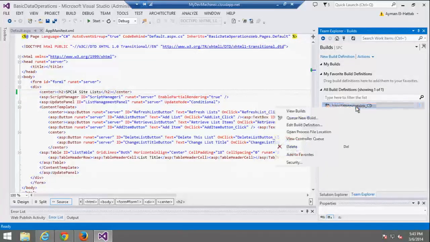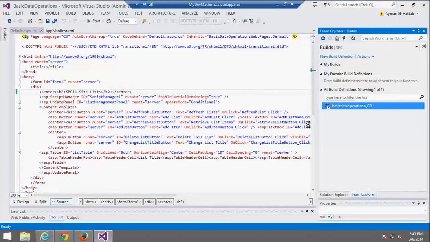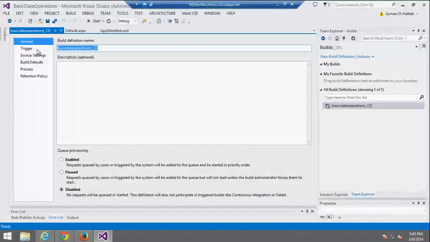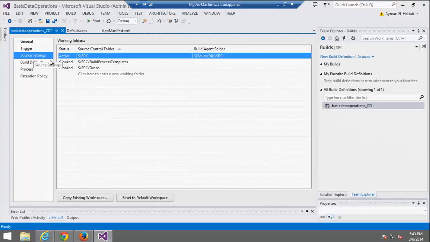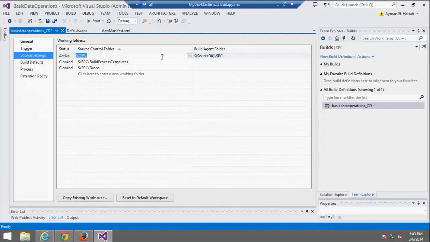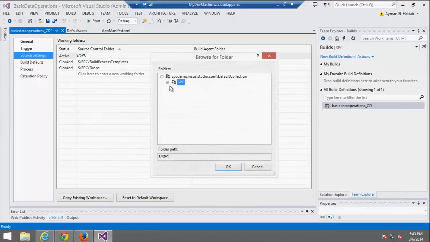I'll edit this build definition, enable it, and leave it as continuous integration. I'll change the source settings. Choose my provider hosted app.